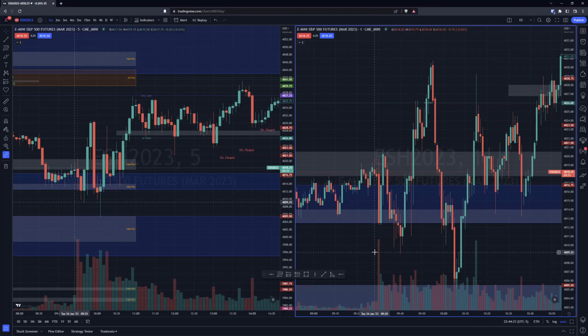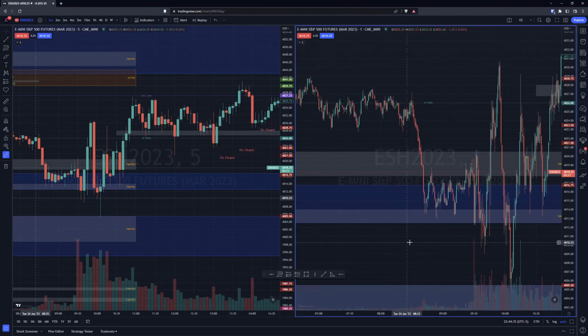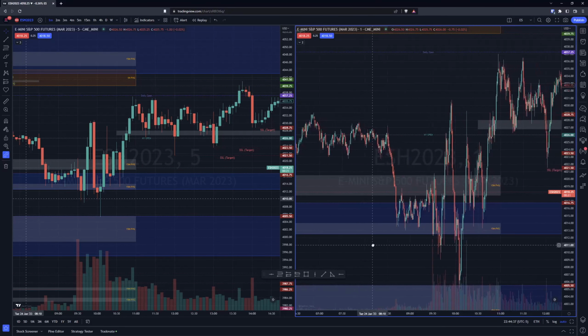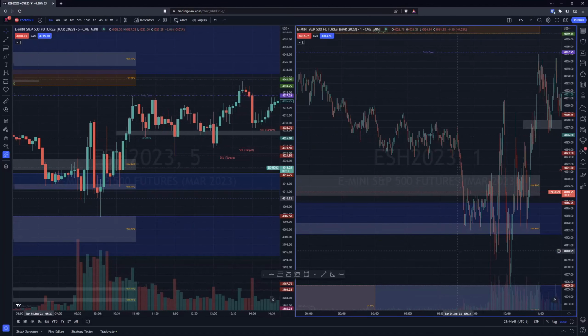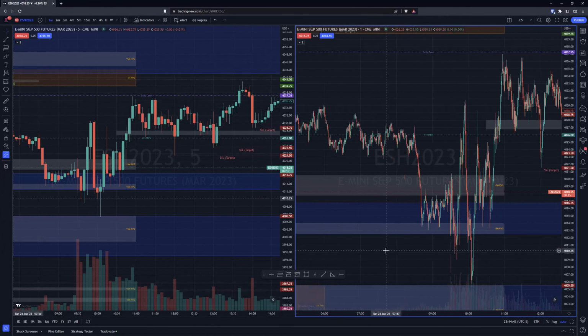So what we're looking at here, I'm mainly looking at the right panel, which is the 1 minute. What we're looking at here is open, right? Let me zoom out a little bit because there is something that's relevant here from the London session, the pre-market New York as well.